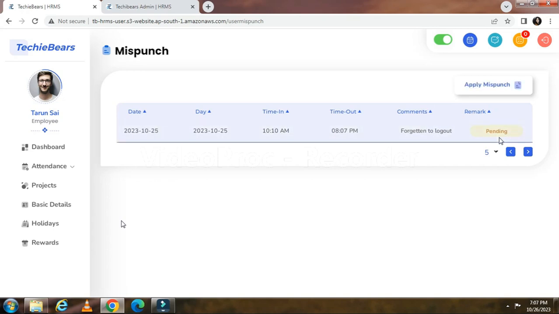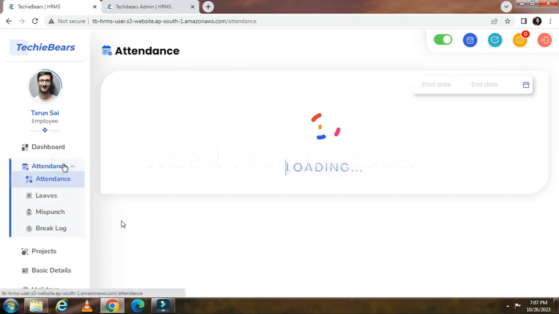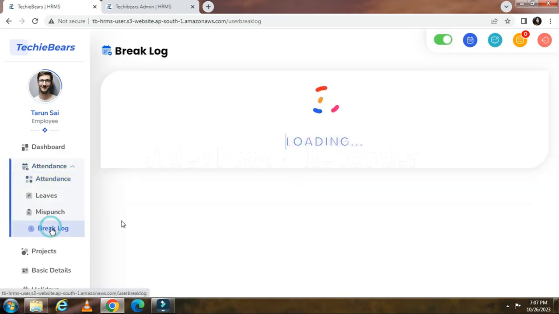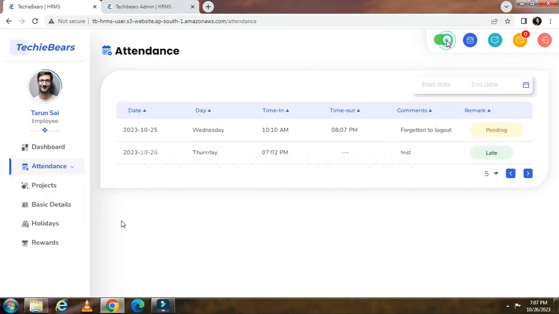Everything we are proceeding with here will be sent to the admin and noticed by the admin. The admin has to give approval of everything. After getting approval, the employee will come to know about it. Here then is the break log. Break log is nothing but, during a day we are working, if we are taking any coffee break or lunch break, if we move this toggle button, it will ask